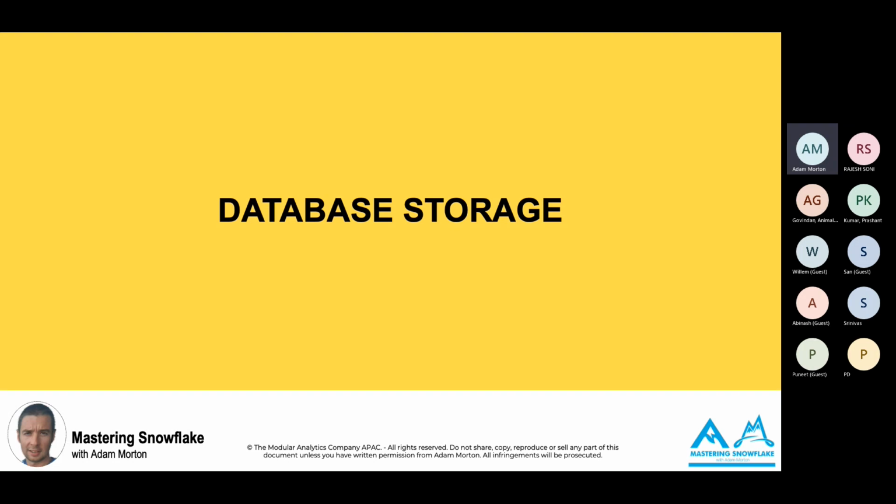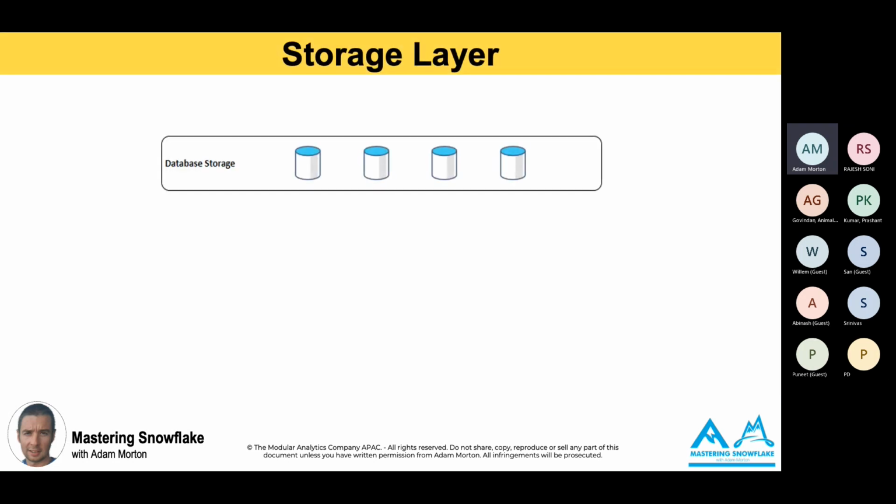But first, let's go back to the database storage layer and start there, because this is where our data comes in. Going back to our analogy we just covered, you could potentially have thousands upon thousands of letters and parcels coming into the mailroom each day, and you'll need a system to store and organize them. Now, without a process to help find a specific item of post, you'll struggle to locate what you need, and very quickly the whole system will be in disarray. Now, this is exactly where the first layer of Snowflake's architecture comes into play, organizing and tracking where data is stored for efficient retrieval.